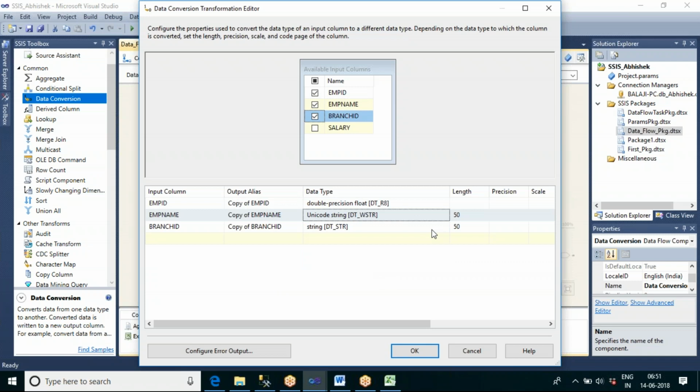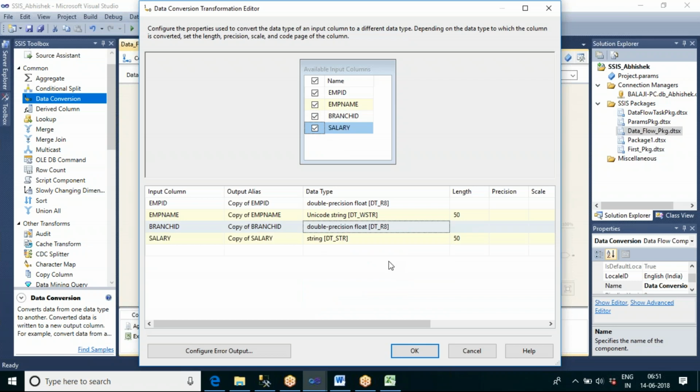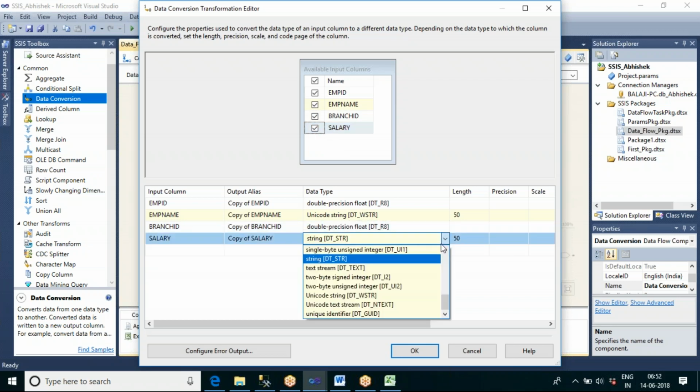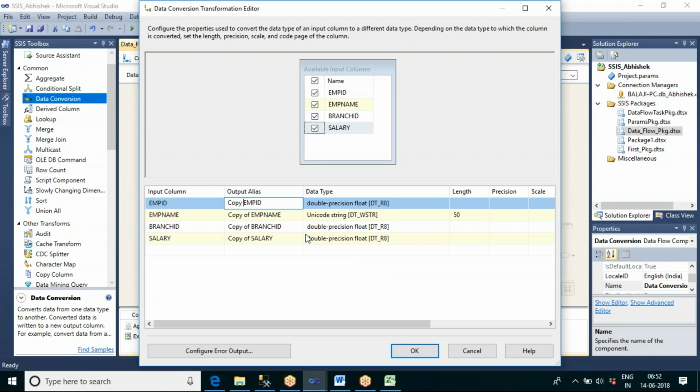Branch ID, so let me convert this also to R8 format. Salary, let me convert this also into R8 format. Now you can see after converting, the respective data types are giving some alias names to the converted columns, for easy identification.